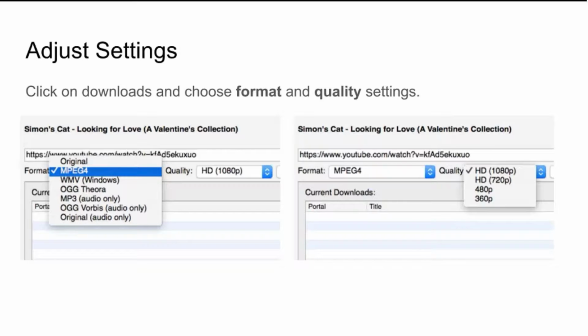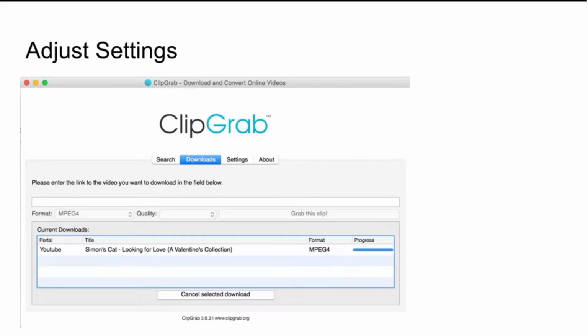And here are the ways you can choose between MP3 audio or the video, and you can choose the quality here. For these Simon's Cat videos, there are a couple of Valentine's ones which are hilarious, and I recommend you download them. You can download the HD or lower quality, or they have other options. Obviously, the smaller this number, the smaller the file size. So you adjust the quality and format, and then you click the grab this clip button, and at that